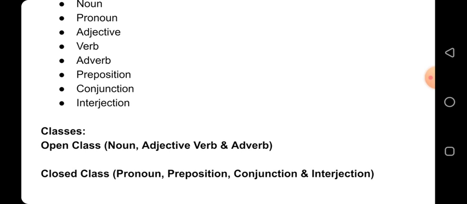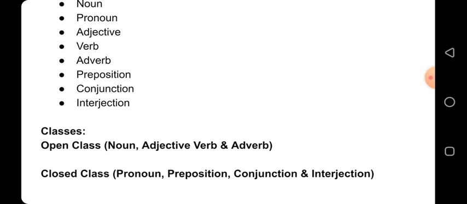While the closed class words are those that are specific and limited, and we know them as pronoun, preposition, conjunction, and interjection. They do not usually grow in language, because there can be hundreds of names, but if those hundred names are the names of boys, we'll use he for all of those. So that's why we have a single pronoun for hundreds and thousands of words. And in the same way, if all those words are of girls, we'll only use she.